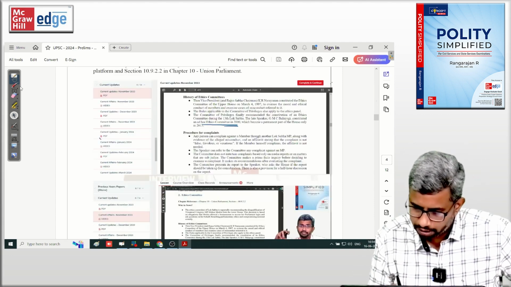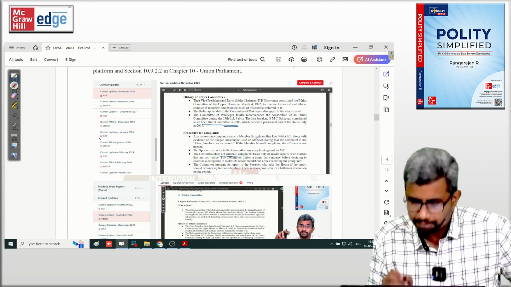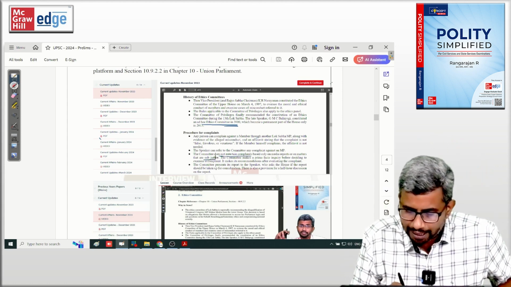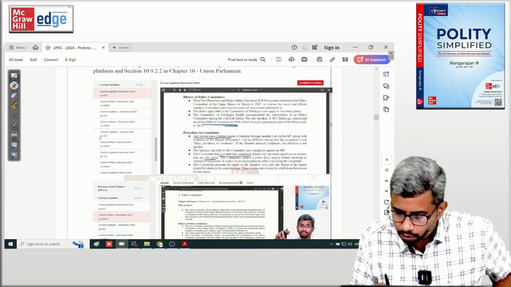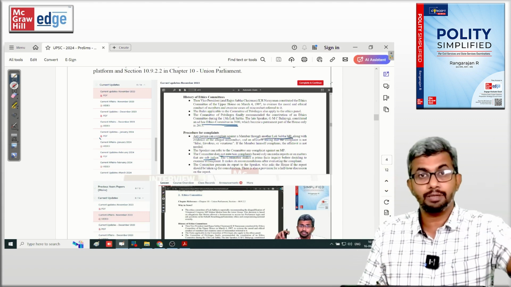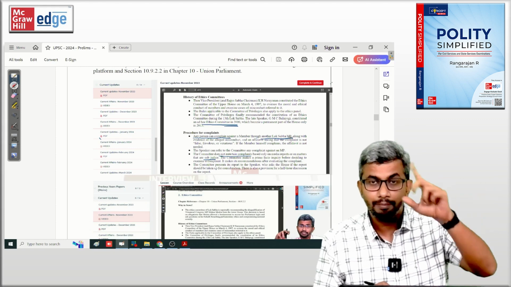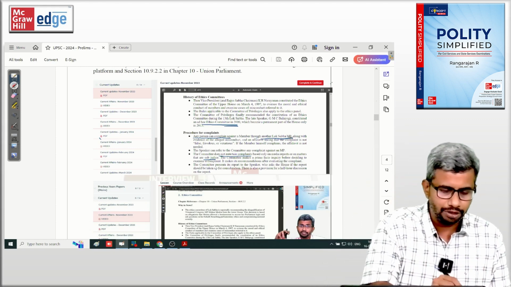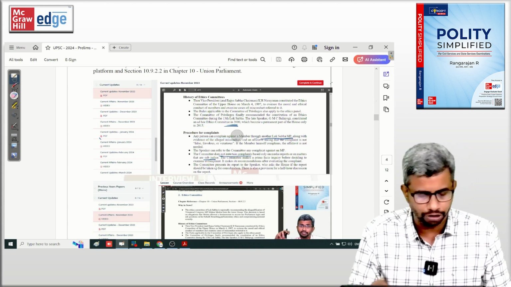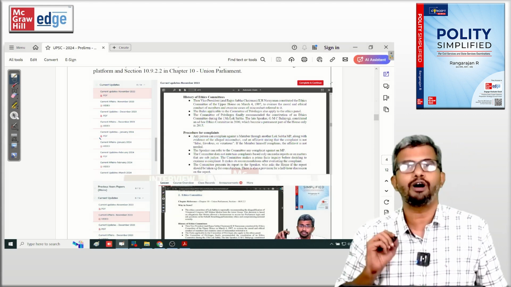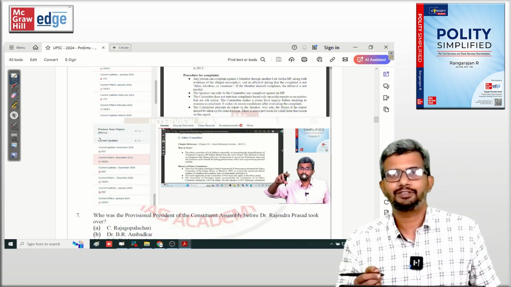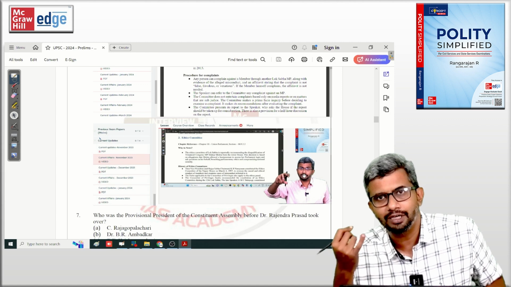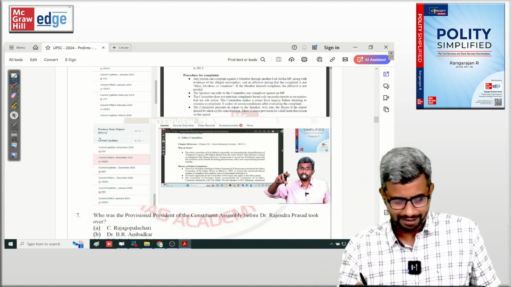it will not entertain complaints which are sub judice. So first and third statements are correct. Any person can complain, but only through another Lok Sabha MP. So it's not only a Lok Sabha MP who can complain, anybody can complain, but it should be through a Lok Sabha MP. So the second statement is incorrect. So if you read this monthly update, because it was in the news, which I also discussed in the form of a video, just like this, I'll just put the snapshot for your easy reference. Then you will realize that you will not forget it and you will be able to answer it correctly.